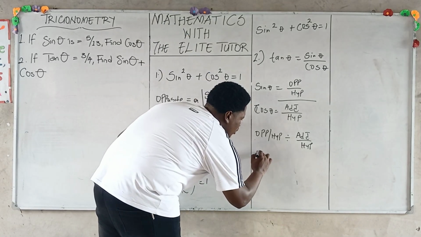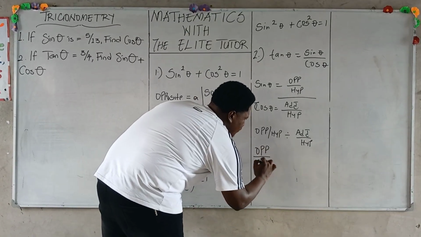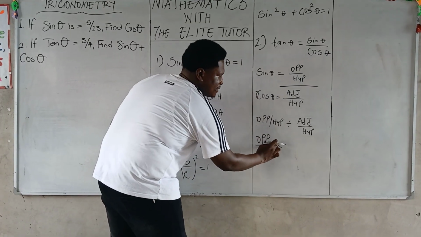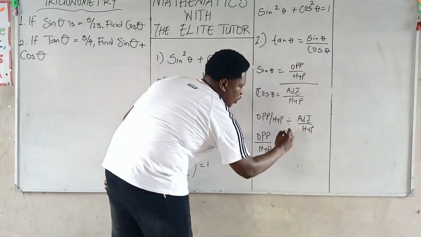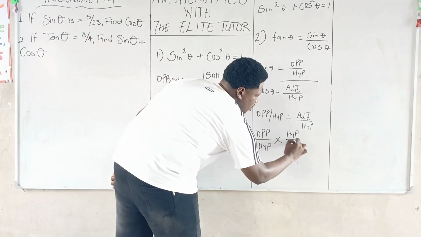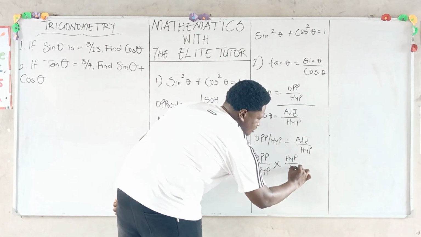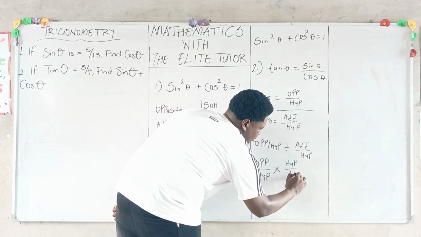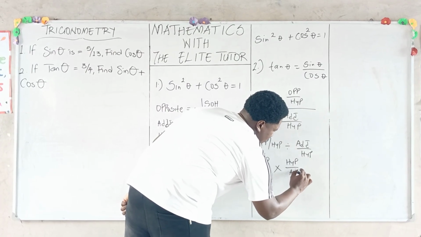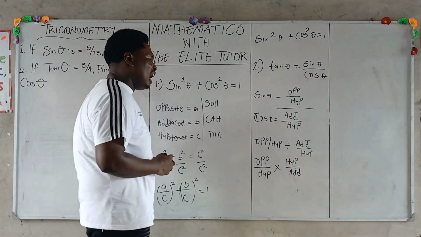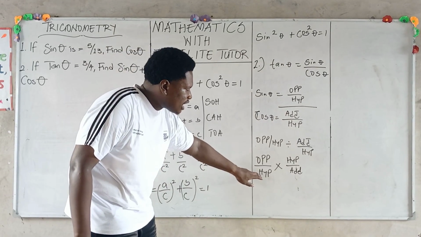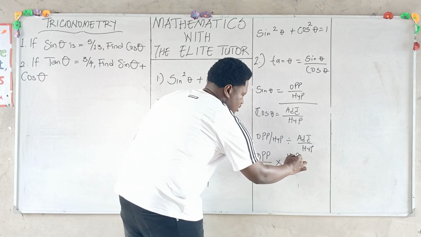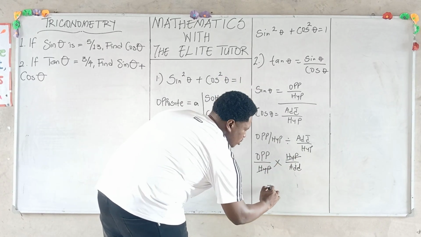So we have this to be opposite over hypotenuse. Now we change from division to multiplication, and this goes up: hypotenuse over adjacent. Hypotenuse over adjacent. Okay, these are adjacent. Now you can see that we cancel out our hypotenuse, and then we'll be left with what? Opposite